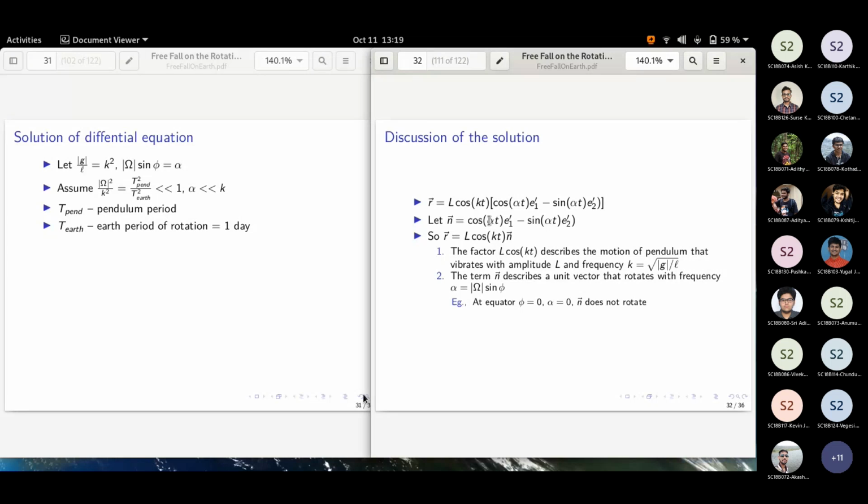So as time keeps on increasing, the contribution of this quantity improves. See, this quantity is actually modulus of omega times sine phi, so 10 power minus 5. So that means when t becomes 10 power minus 5, this becomes significant. Or okay, in order to have 1 radian contribution from this angle, you have to have t of 10 power 5 order, right? So over a very large period of time, this oscillation happens. The movement of this vector happens.